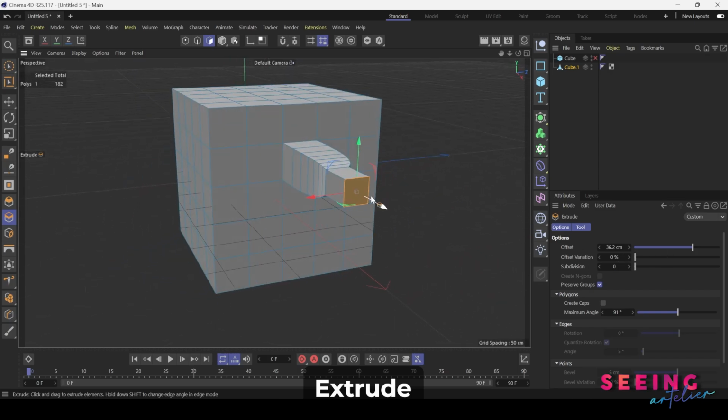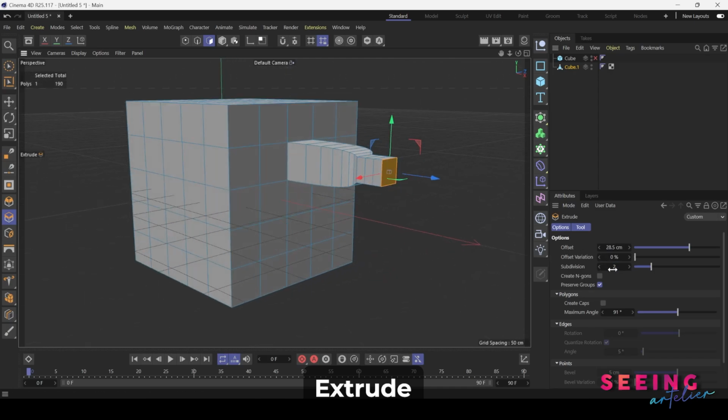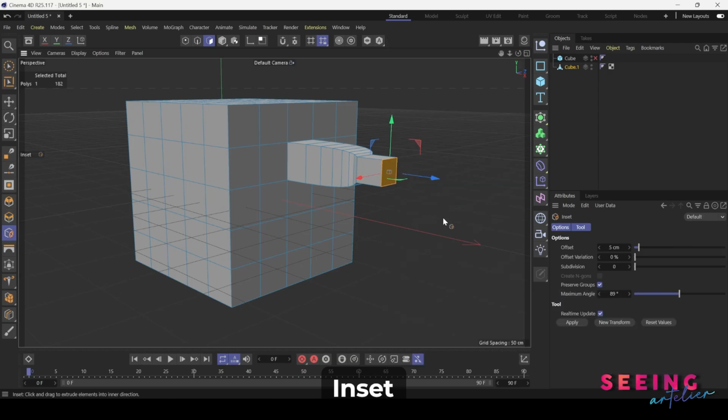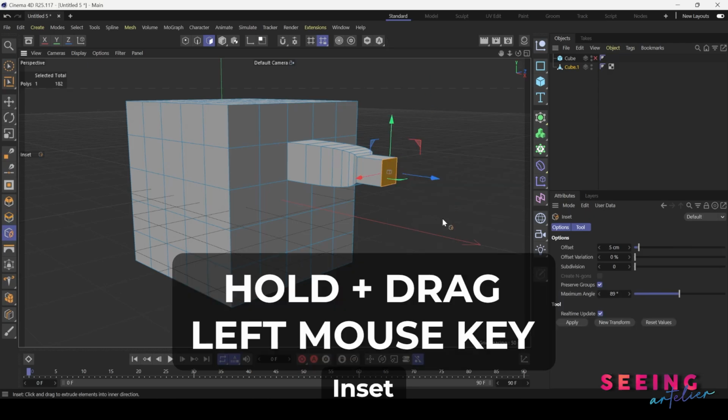With this selected, you can always play around with the offset. What are the offsets that you want, and subdivision, how much subdivision that you are looking for. Right click also and you can try what inset is. So let's take a look at inset and still the same, hold down your left key and click on it